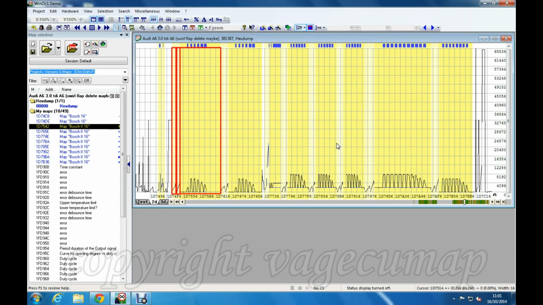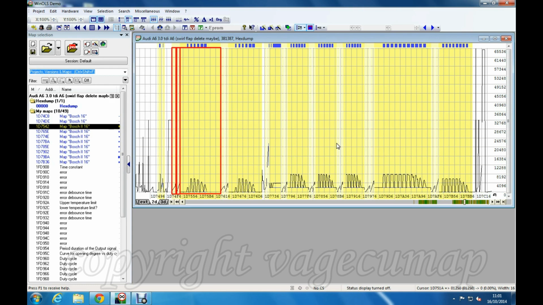because when you delete the swirl flaps you sometimes end up with other problems which were either present before or will be present now. These often show up as error codes, which then result in you having to find the error codes and delete the error codes. Now, there are alternative ways around all this error code deleting, but they're not simple, just like error code deleting is not simple. So what I'm going to do in this video is show you some elements of that.